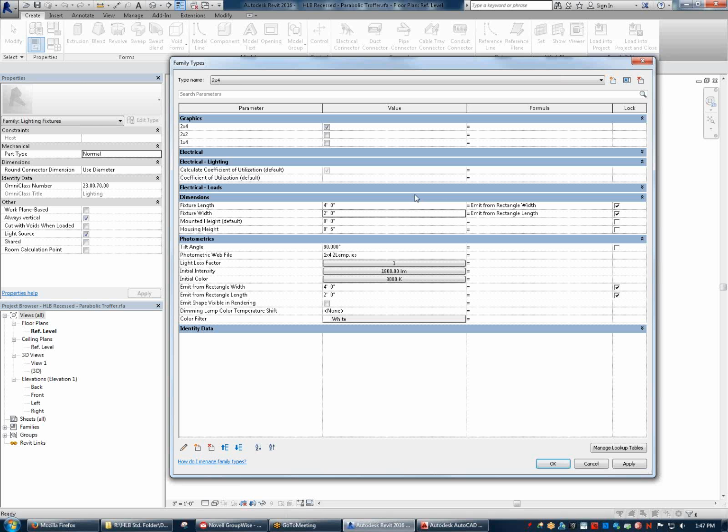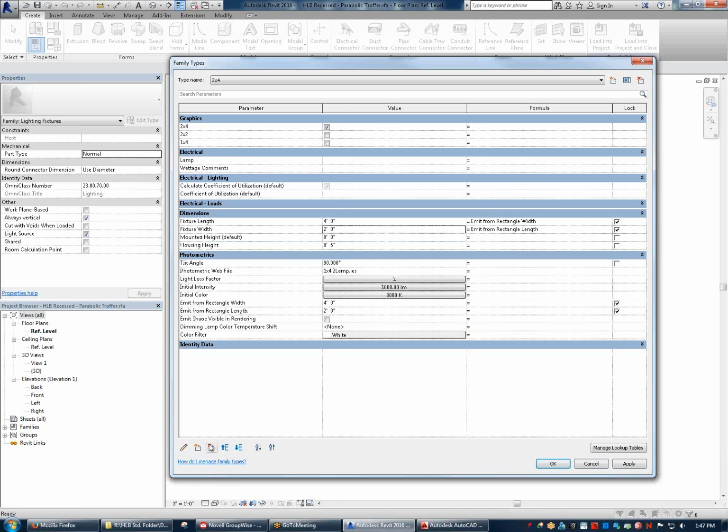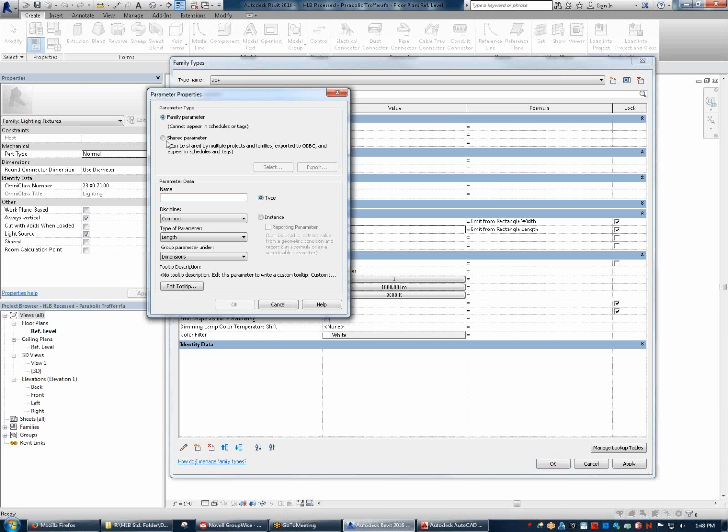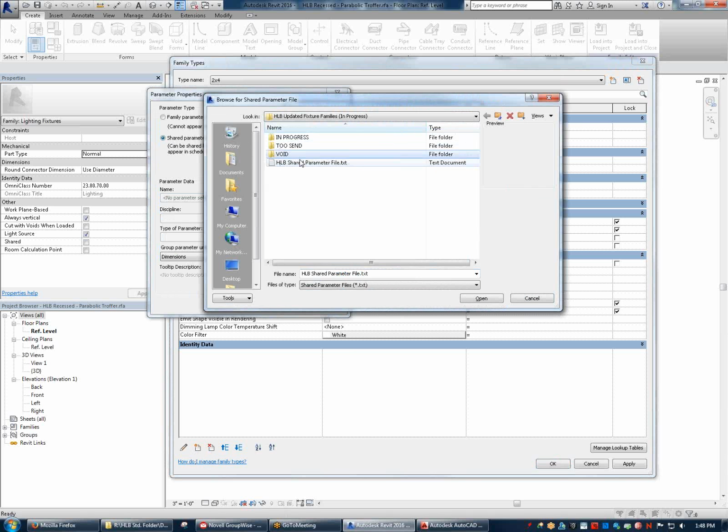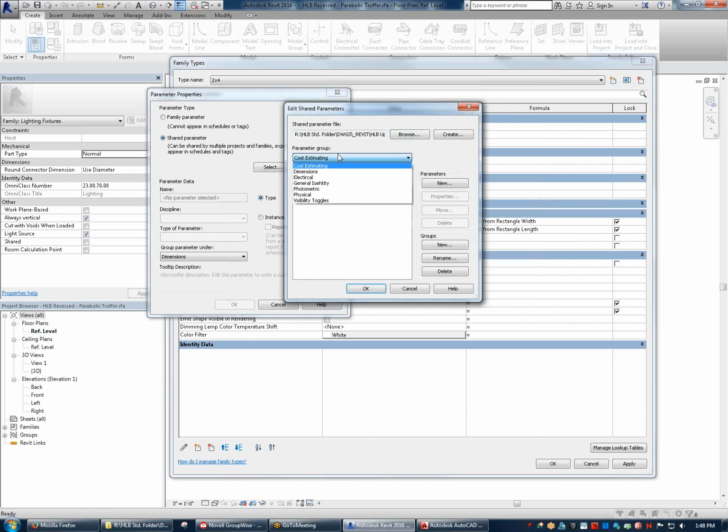I assume, unless that manufacturer somehow restricted their use, which I don't think is common, all you'd have to do is open it up, and then right here we don't have any of my parameters in here. But all you'd have to do is click New Parameter, Shared Parameter, and then essentially browse to the shared parameter file, which I will be providing to everyone. Open it, and then all of the parameters are right here. You just have to one by one click OK,